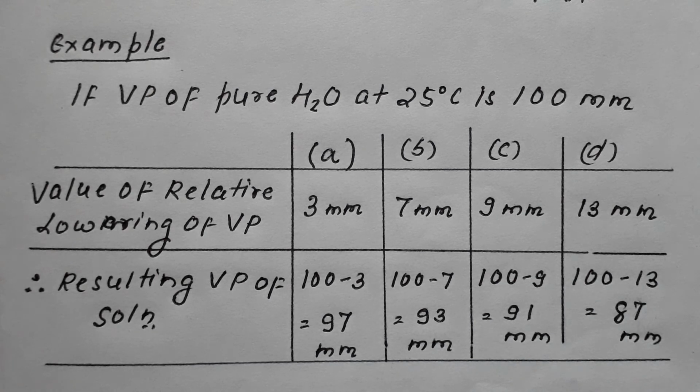So this is how we correlate the relative lowering of vapor pressure, which is the colligative property, and the vapor pressure of the solution. That is how the Van't Hoff factor is related to the colligative properties. This application of the Van't Hoff factor is very important because it has been a regular feature in the examination. These types of questions are surely there in the examination, therefore it is very important. Just master this technique.